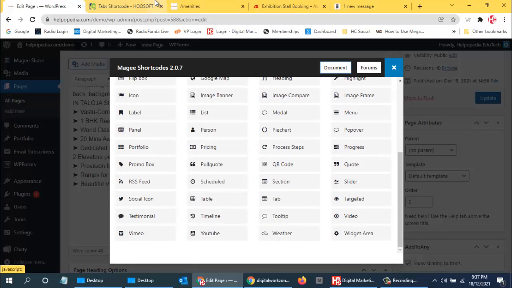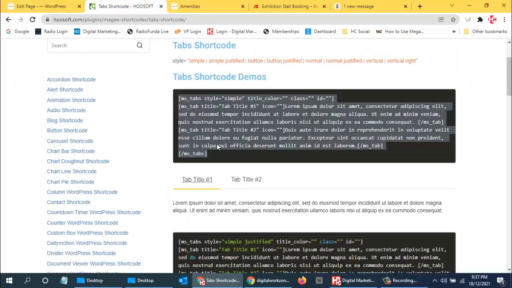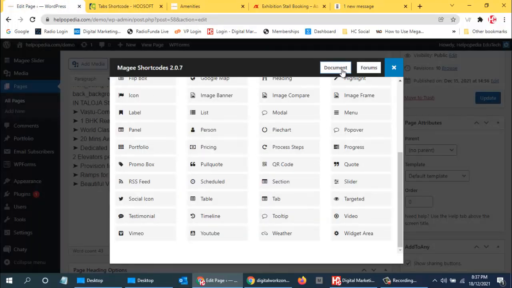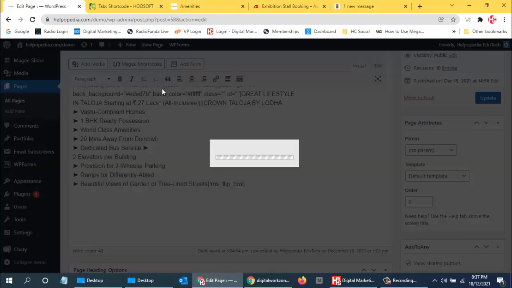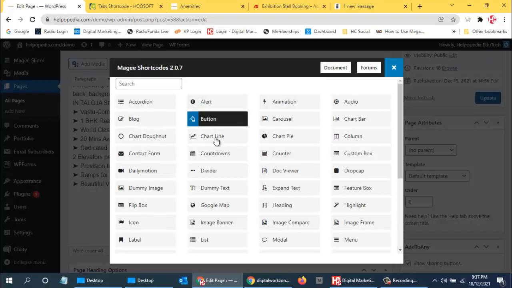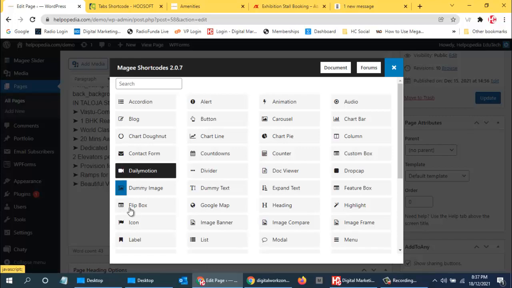Once you open this and then you click on document, it will automatically open. So you just need to click on this code button over here, and then this will come up, and then you can click on this document, and then all the options will come up. Over here there is a panel also. Panel, let me see. Yes, over here we can see the panel.